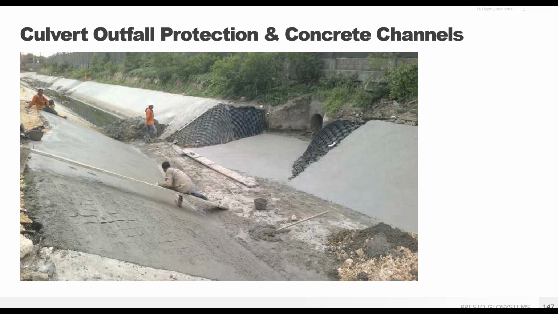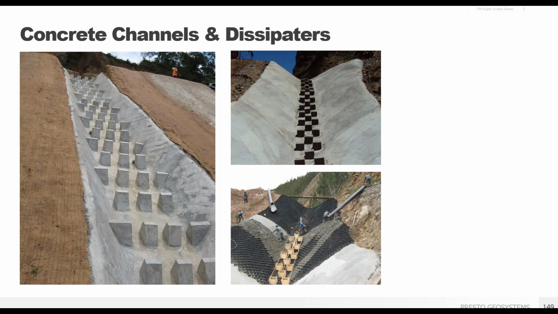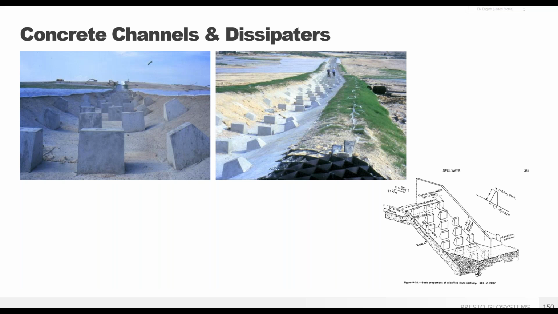For concrete channels, another pro tip is to use the GeoWeb as the formwork and have it contour as needed to your outfall structures. The GeoWeb channel system is flexible enough to modify the structure, and here's a technique tip of grouting in large riprap in a rockfall area in a mine closure channel. Or you can add energy dissipators, again, integrating them directly with the GeoWeb system and directly as part of your channel design.